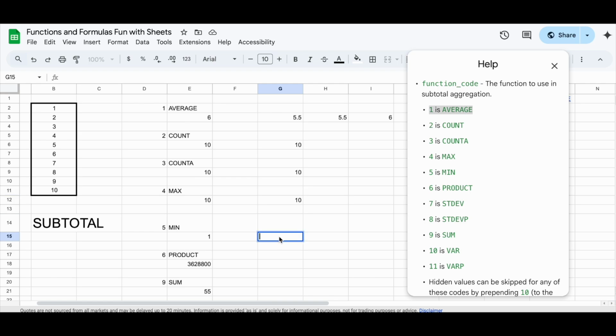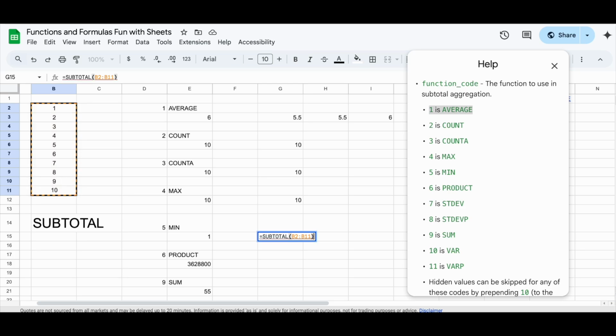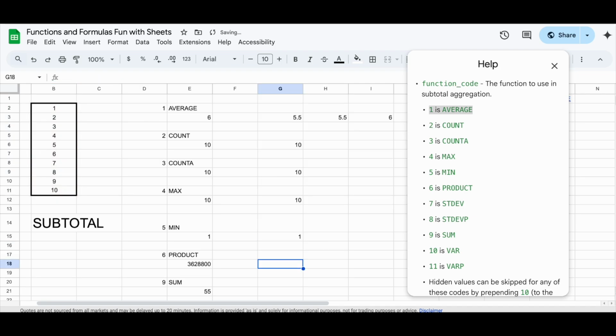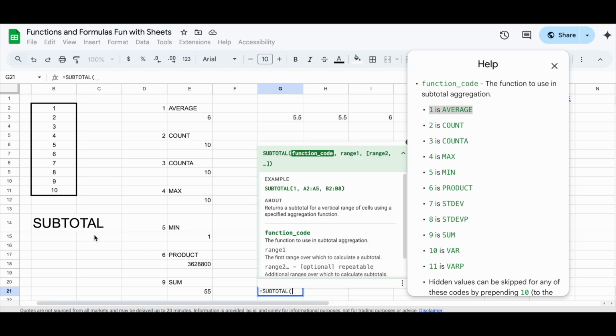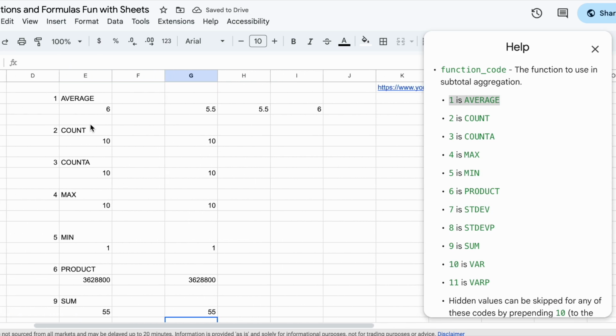And let me just make sure this works for everything. I don't know what's going on with this one, but